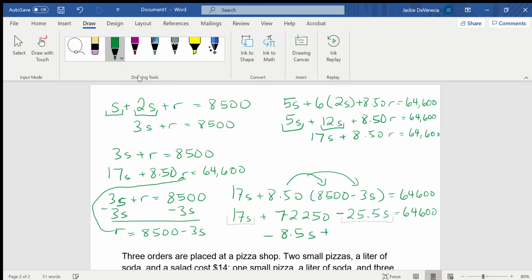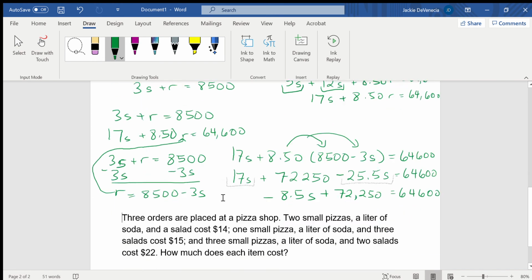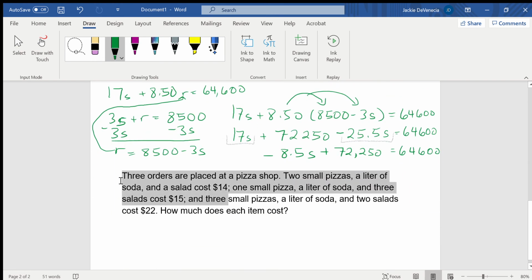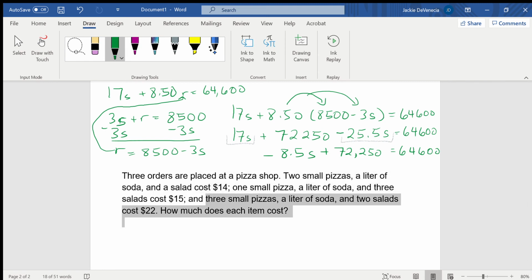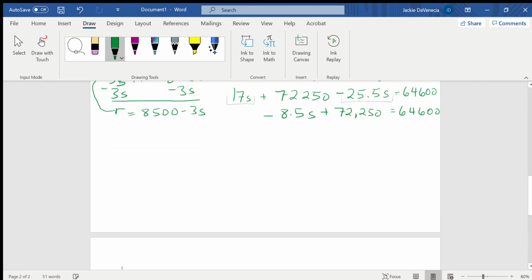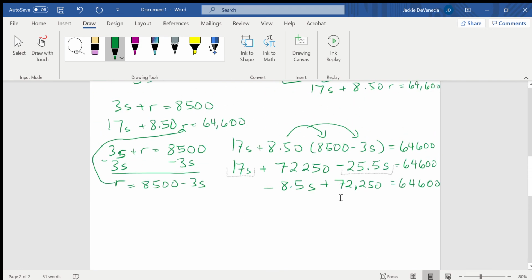And then let me just bring down the 72,250 just to keep everything balanced. I'm just going to move this second equation. Okay. All right, so here you see that